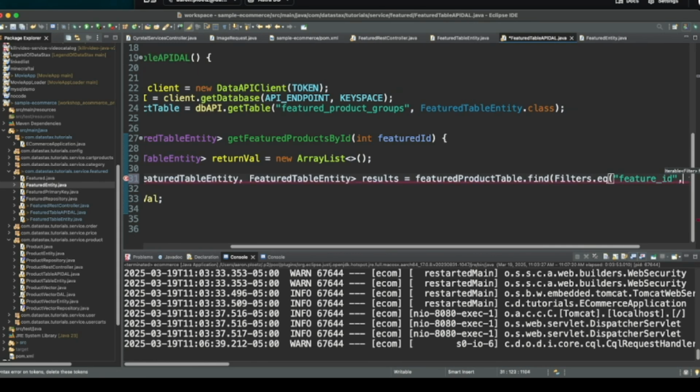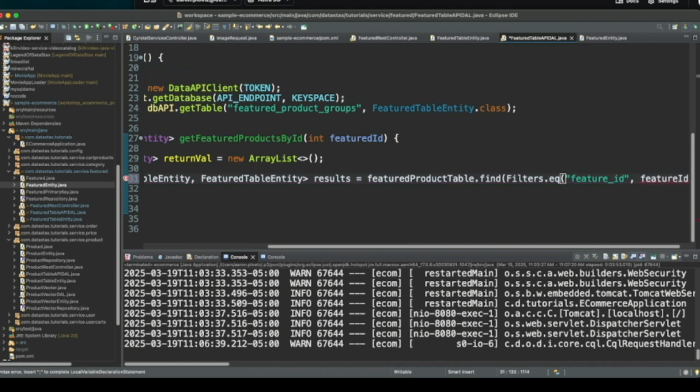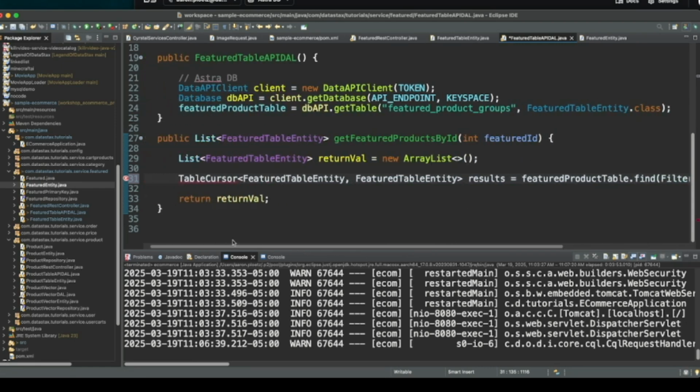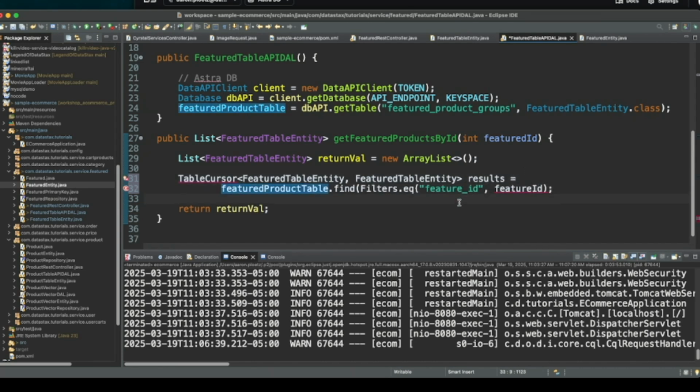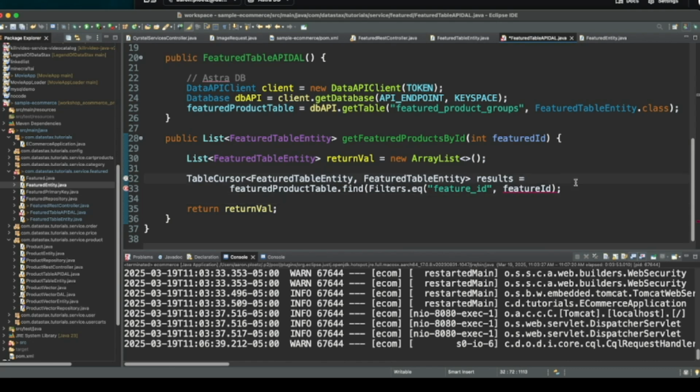And then we're going to pass the feature ID like that. So let's go ahead and move this around a little bit, make it a little easier to read. Let me bring in the table cursor. Oh, featured ID. That's it. Yep, I totally missed that.